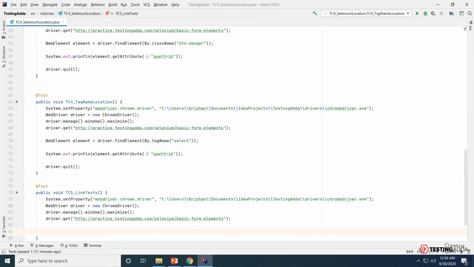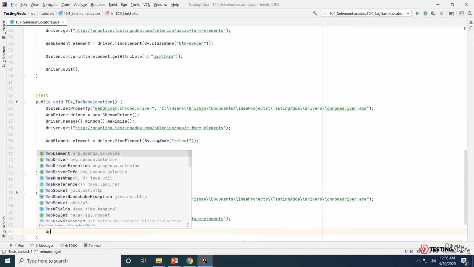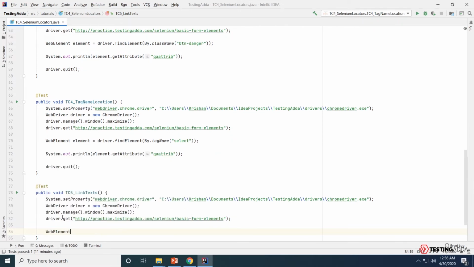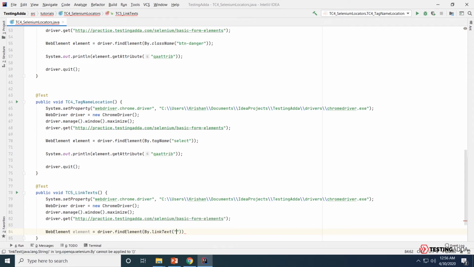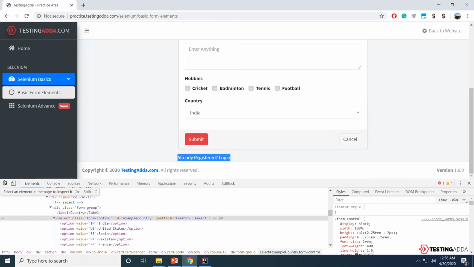Let's start with linked text locator. Web element is equals to driver dot find element by linked text, and the text we'll go ahead and copy from here.